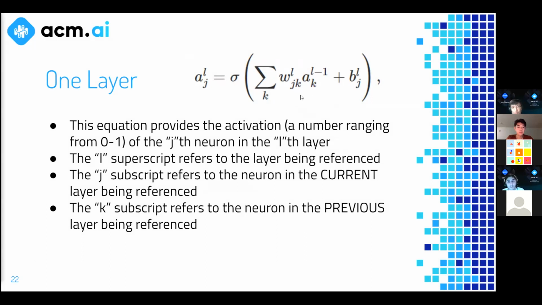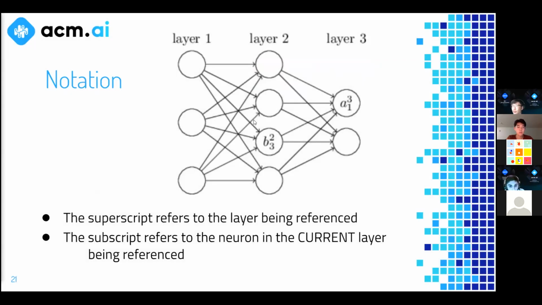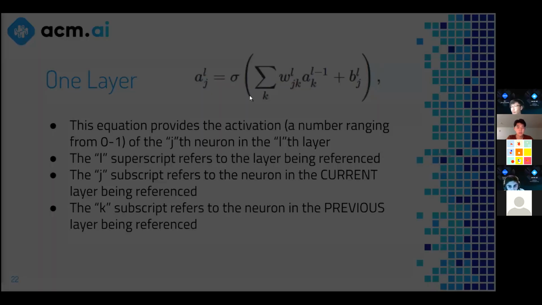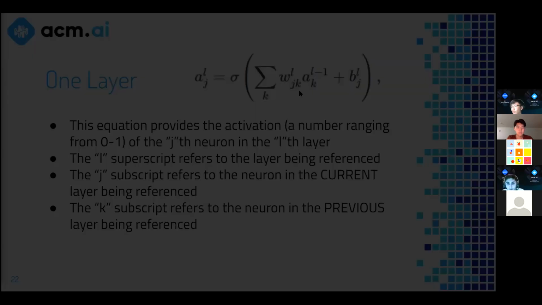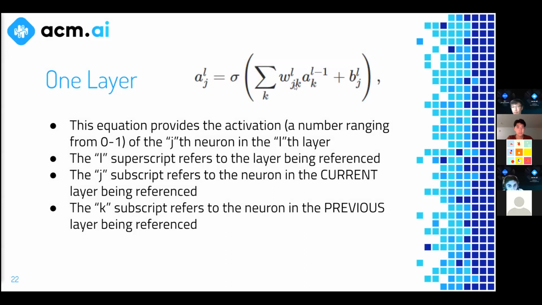And what this is basically saying is that we take, okay, let me just explain things here first. You should hopefully understand this notation. This is telling you how to find the activation for one specific neuron, right? It's telling you how to find the activation of some neuron in the Lth layer, the jth neuron in the Lth layer, to be precise.